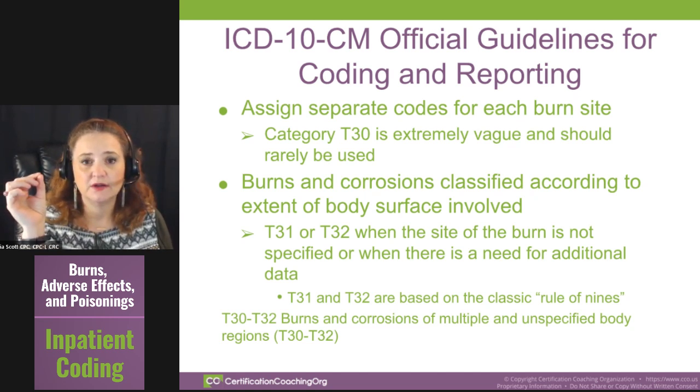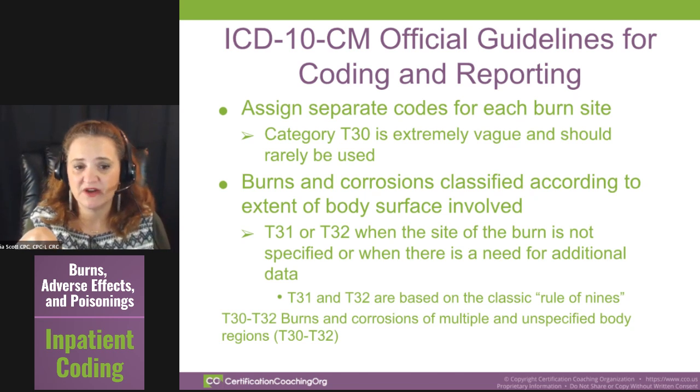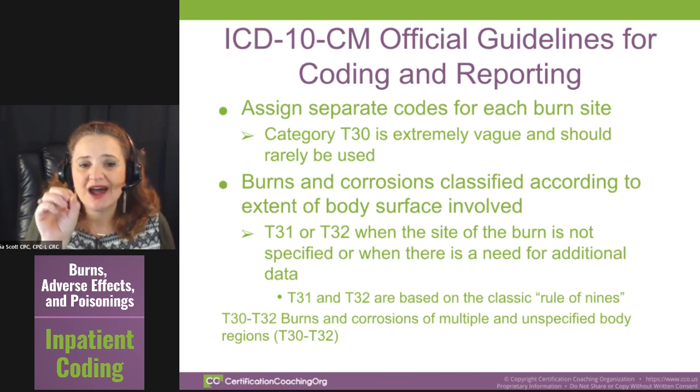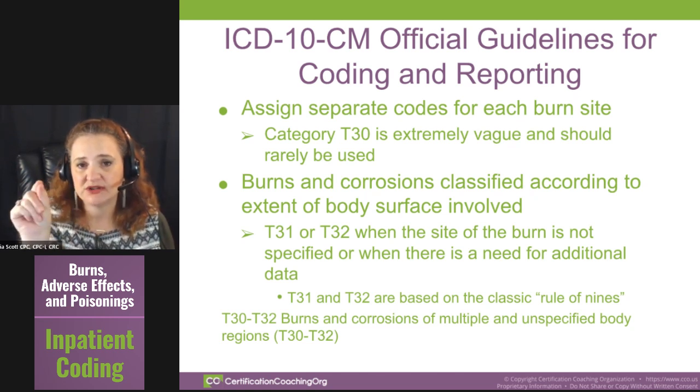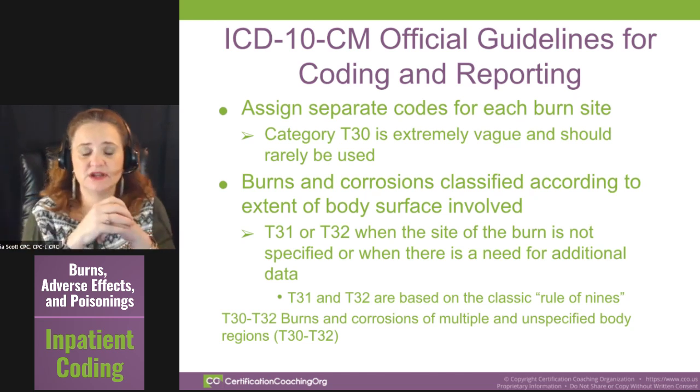They are not used very often. Now, I went ahead and put down here at the bottom, I added the T30 through T32. It's burns and corrosions of multiple and unspecified body regions. You're not going to use that T30 code. Make yourself a note in your notebook and go look at that, because I want you to be aware of that. Okay, so take some time just to see those,